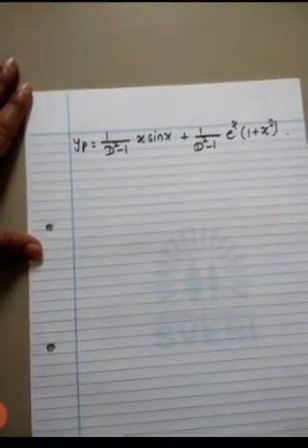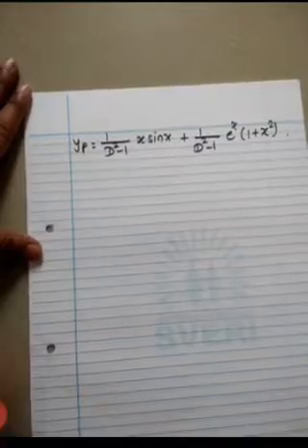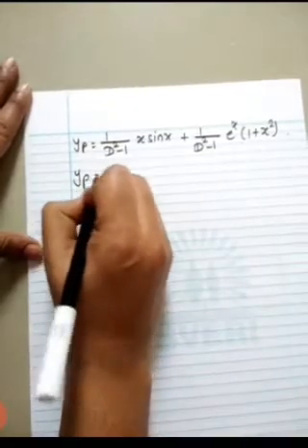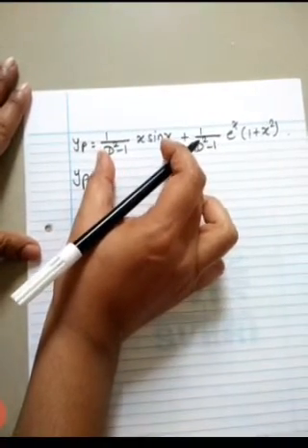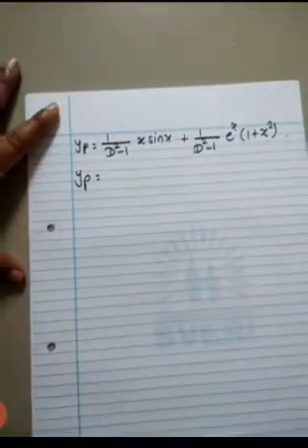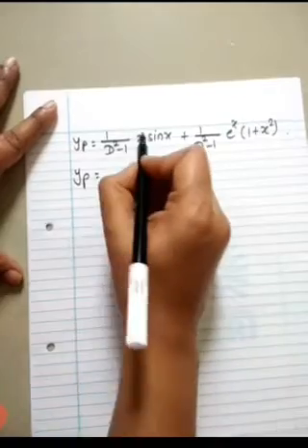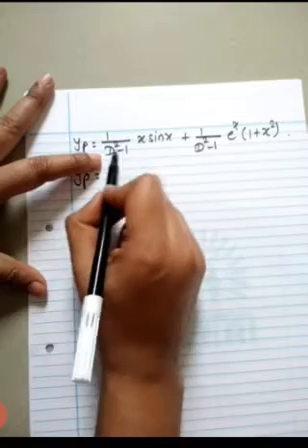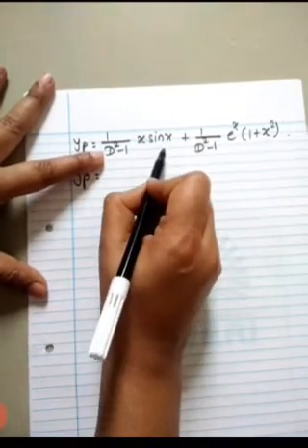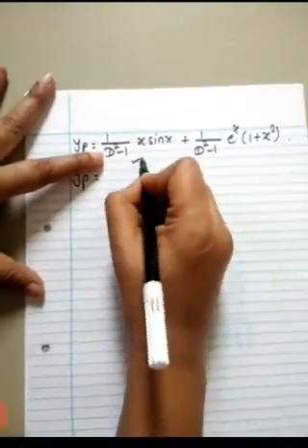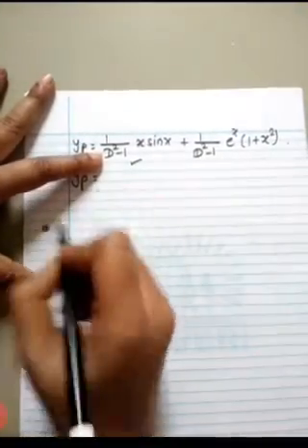Right. So how should I go? Should I write YP1, YP2, or should I solve together? Solve together. Okay, we'll solve it together then. So this is XV. We can see it is XV, but we have to check whether it is applicable or not. So power of x is 1, condition satisfied. And secondly, D squared we'll have to replace by minus 1. So minus 1, minus 1, minus 2, not 0. So XV rule is applicable. So we'll go for XV rule here.